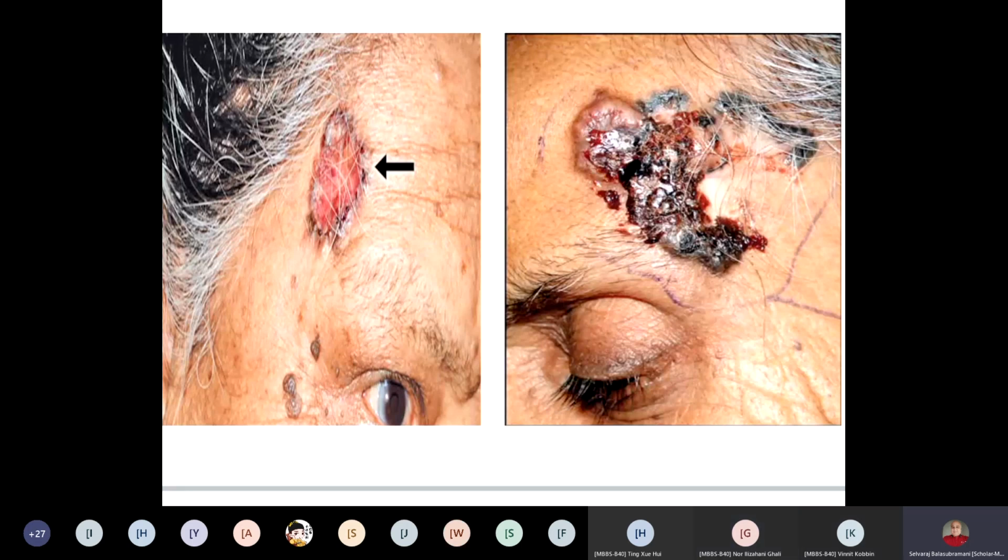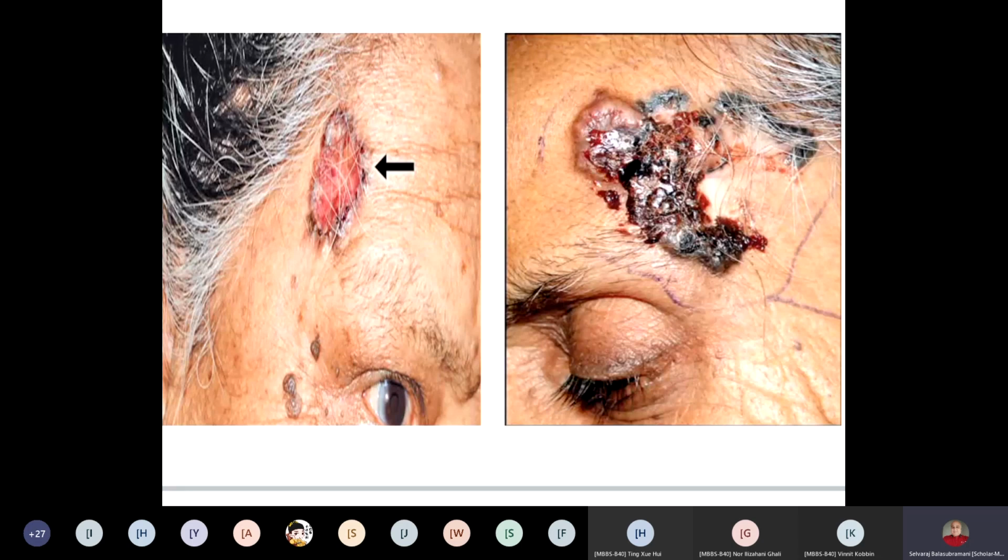In Australia, we have plenty of white people. They are exposed to a lot of sunshine also. Whereas in Europe and America, there are also a lot of white people, but there is not much sunshine there. So they are more prone to develop this basal cell carcinoma. It occurs commonly over the face, above the line joining the angle of the mouth to your ear lobule. You have to join a line between these two areas. Above this area, it is very common. That is what you are seeing here.